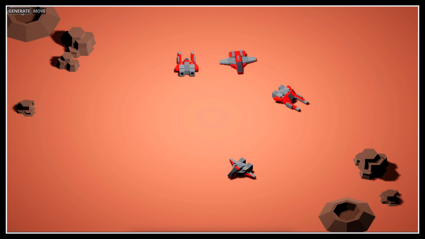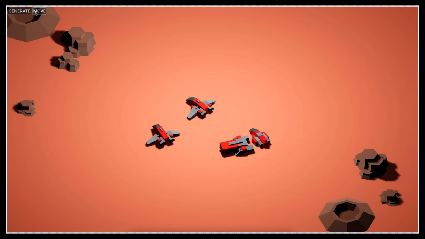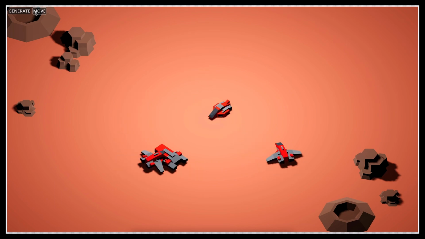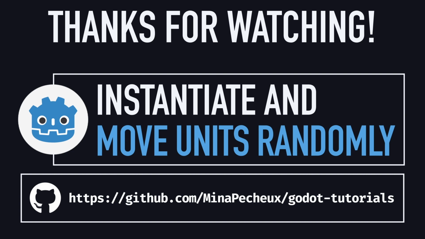You now know the basics of spawning and moving 3D scene instances with some randomness in Godot and C#. I hope you liked this tutorial and that it helped you understand the basics of spawning via code and